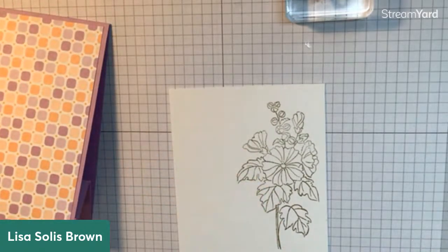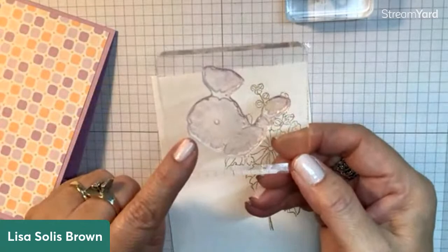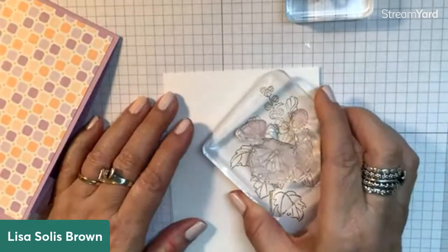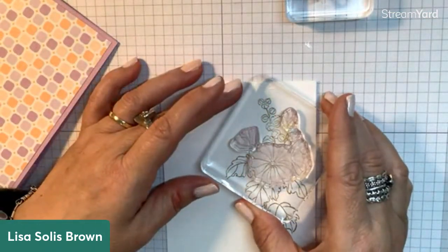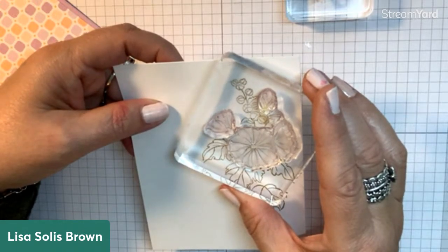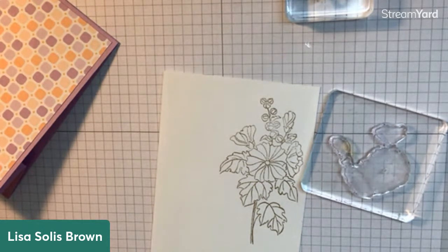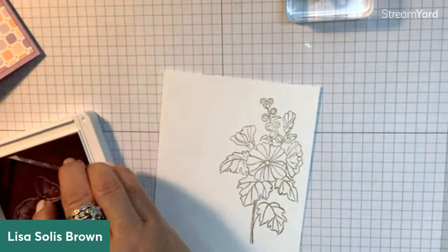Okay. Now let's go ahead and stamp our color onto our flowers. So you see this shape, you see where that little flower is, that's going to go over the bigger blossom in the center. So I'm just showing you here how you can line it up with the photopolymer. Okay, so up there, right here, and you just line them all up, and be sure you look at all the different blossoms to make sure you have it right. Okay, and we're going to use Fresh Freesia, one of our In Colors. So ink that up,